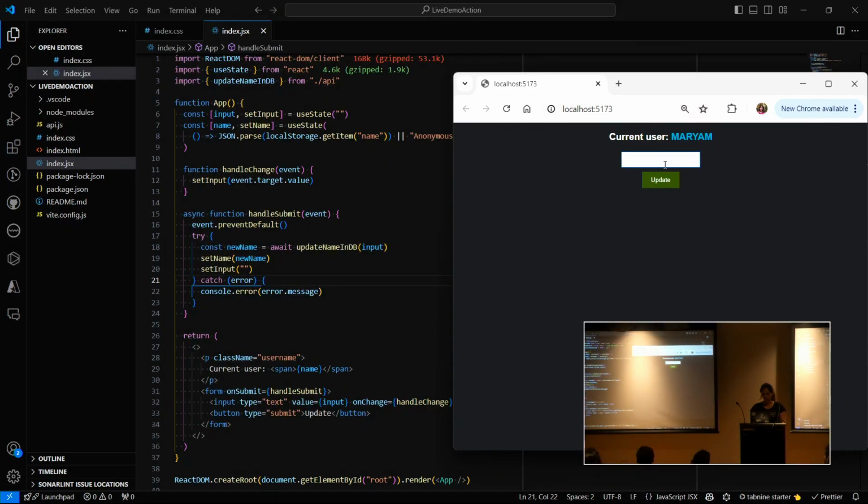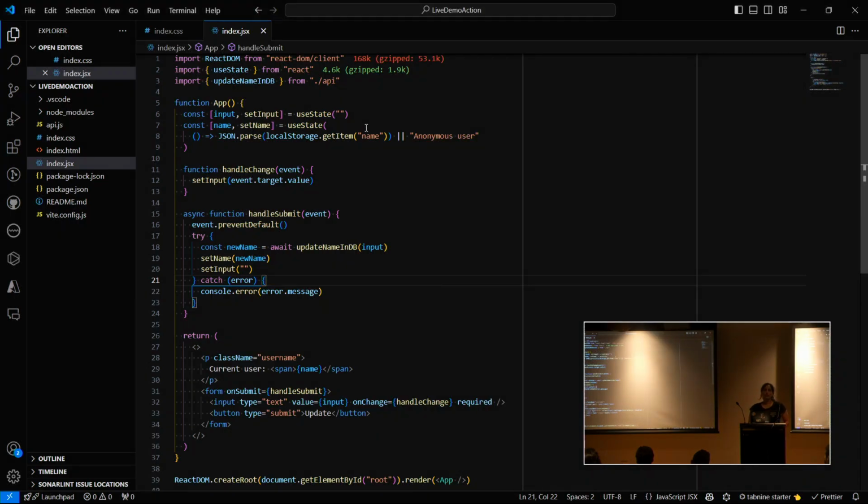So if you see, it works here. If I change it to the user, it updates the current user here. Now we want to change it to the action. I want to show you how to change this traditional approach to the new action in React 19 and how it makes code much smaller, more simplified and easier to understand. As I mentioned, we add the action prop to the form here,